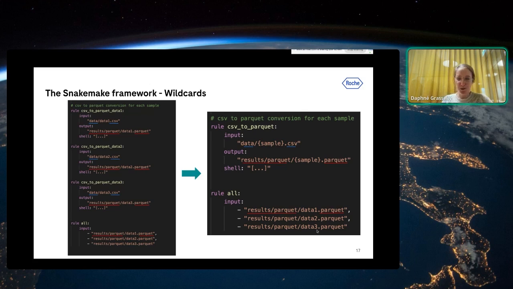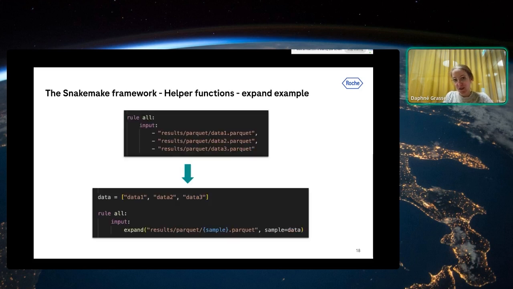So yeah, if you want to go a bit deeper into Snakefiles, I invite you to look in more detail at the documentation. And we also have some helper functions. I think many helper functions. Actually, here I just wanted to show maybe one simple example